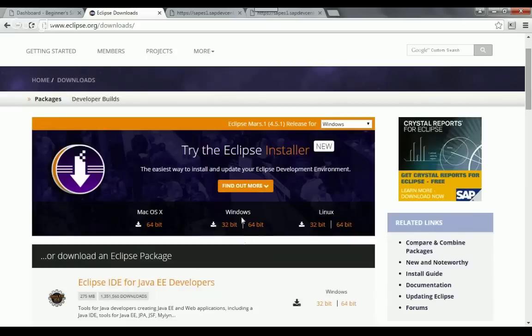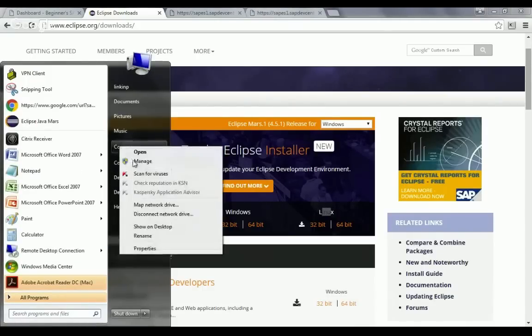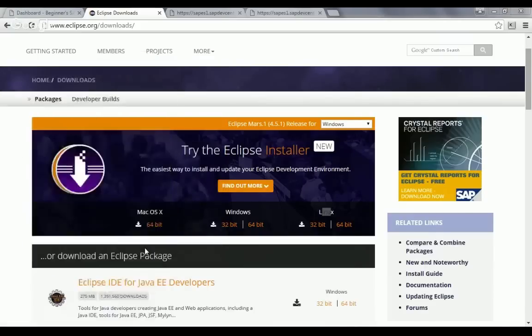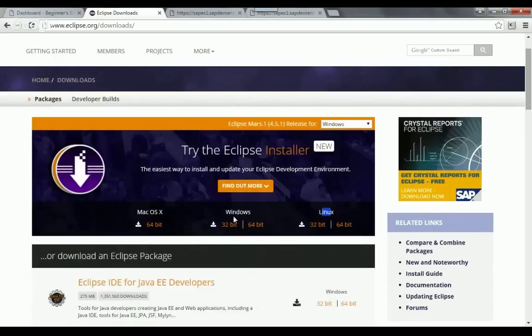So it's very simple. But before you download, just look at your operating system. It is available for Mac OS, Windows, and Linux. So look at your operating system, and also see how many bits it is. If you don't know how to check, just go to start, right click on My Computer or Computer, and then go to Properties. Now this is Windows 7. Your machine may be different, so you have to figure out whether your operating system is 32 bit or 64 bit. Mine here you can see is 32 bit. It may not be clear to you, but it is 32 bit. So that's why I installed this version.